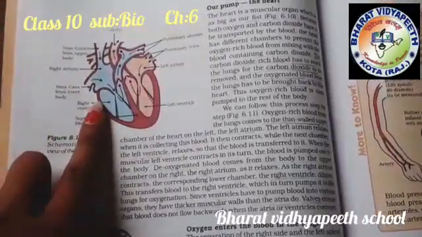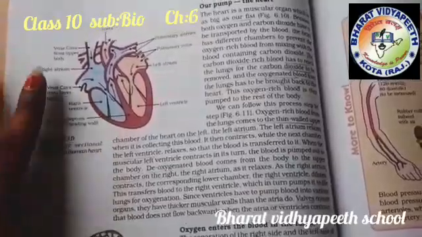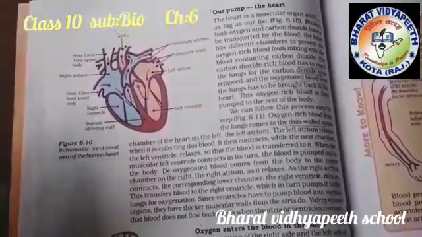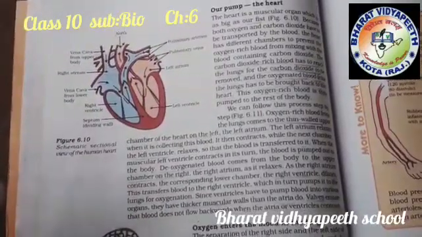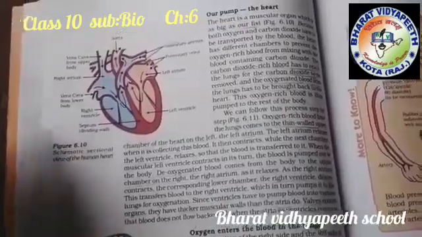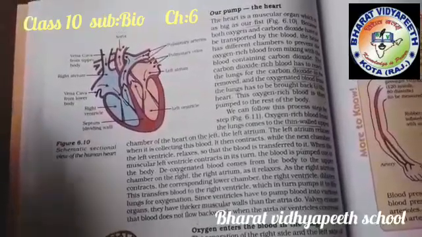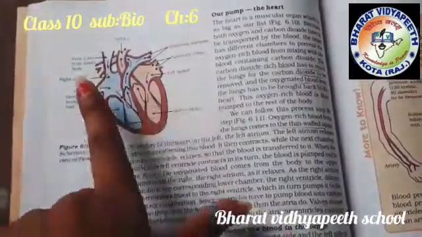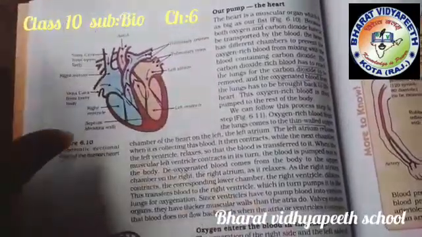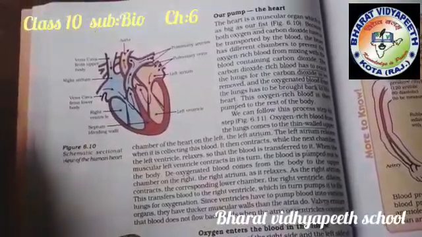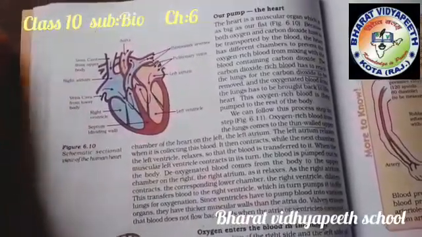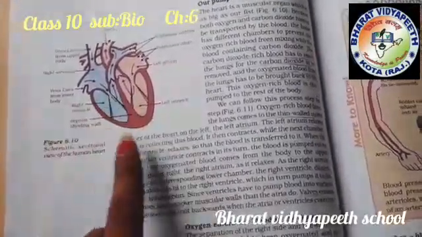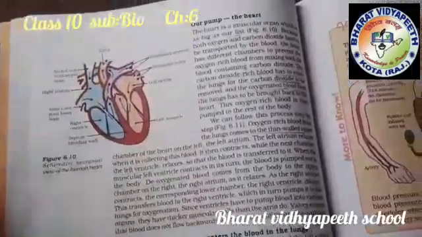In this there is also a valve present here. What does this valve do? The valve mainly ensures that the blood flows in only one direction. It does not go backwards when the atria and the ventricles contract. When they are contracting, the valves ensure that the blood does not move backwards from the heart when it is expanding, so that the blood moves in only one direction.